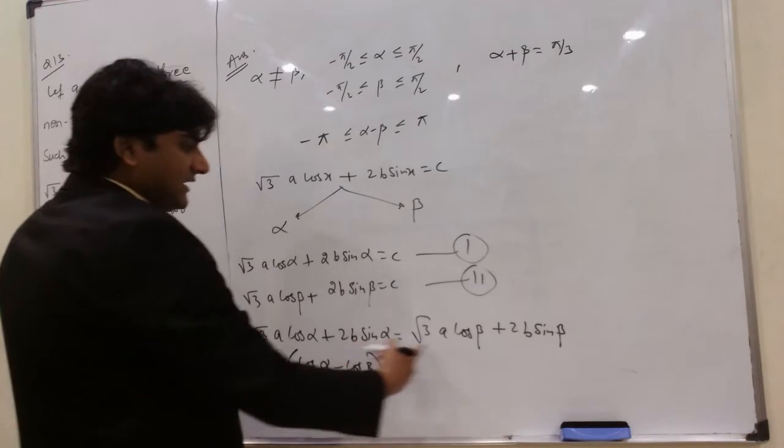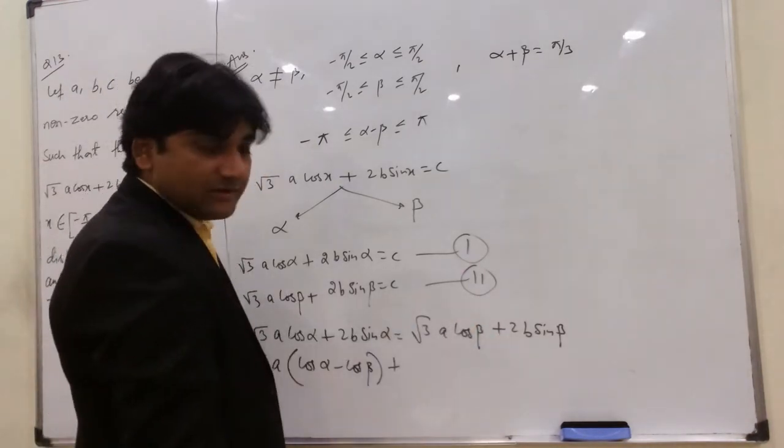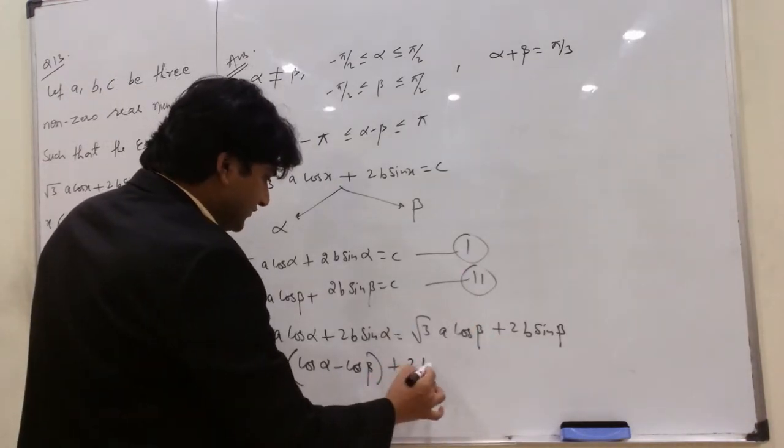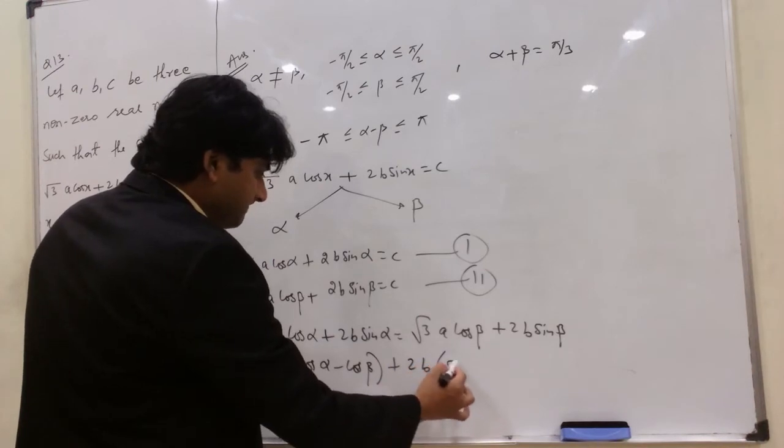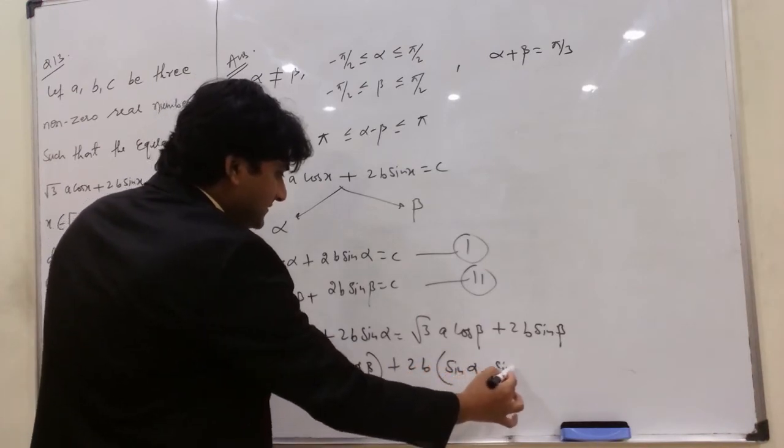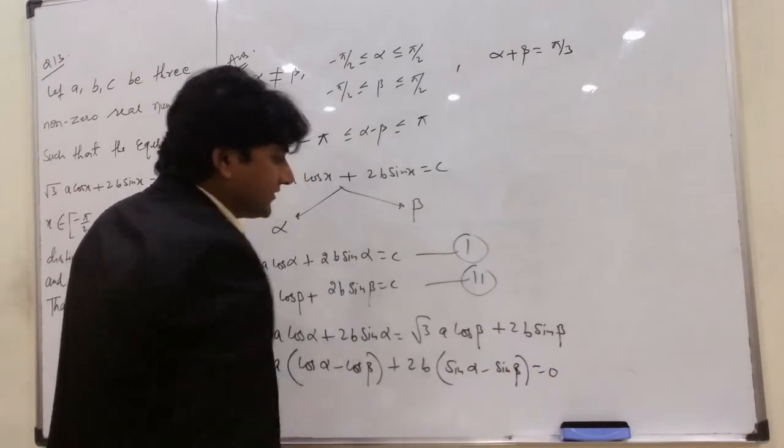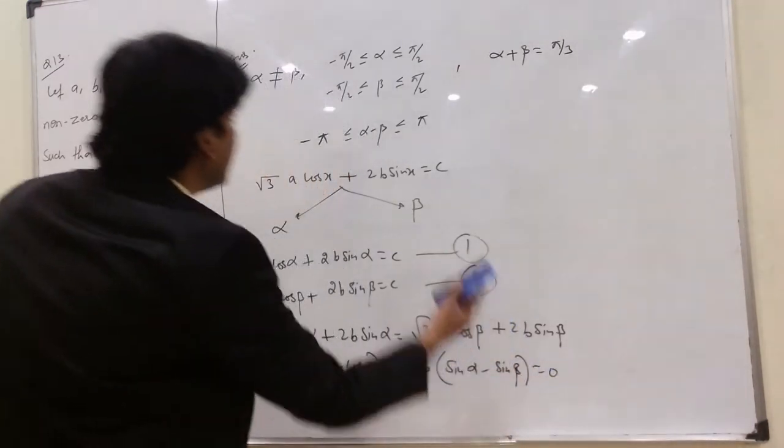Now plus 2b sin alpha, left side minus 2b sin beta. So this is 2b, then sin alpha minus sin beta equal to 0. Okay. Now